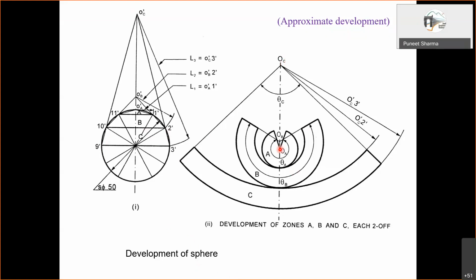Please see here what we are doing. These are all 1, 2, 3 drawn one on top of another, but that again is not something necessary. Effectively, this C part is developed by locating this center by drawing this 9 and 10 join extended, 3 and 2 join extended, right? And then this is developed as a frustum. That's what we have done. This part is developed as a frustum of a cone. So this O dash to this distance you have to measure and then draw it.